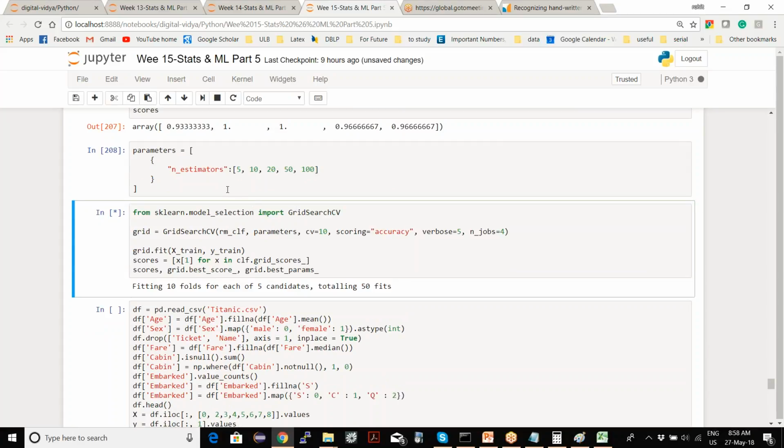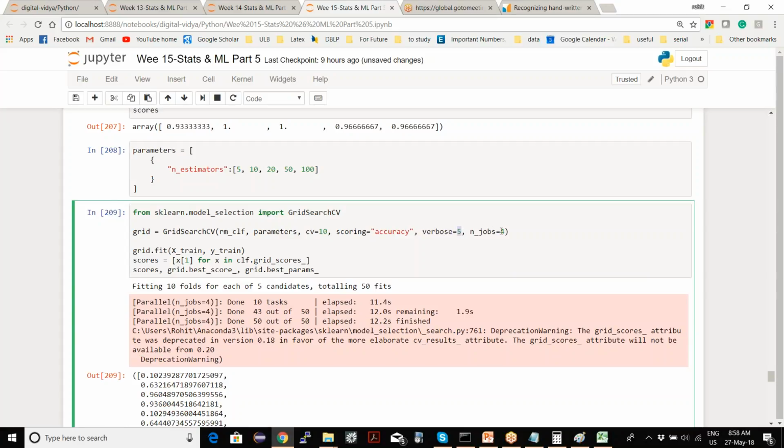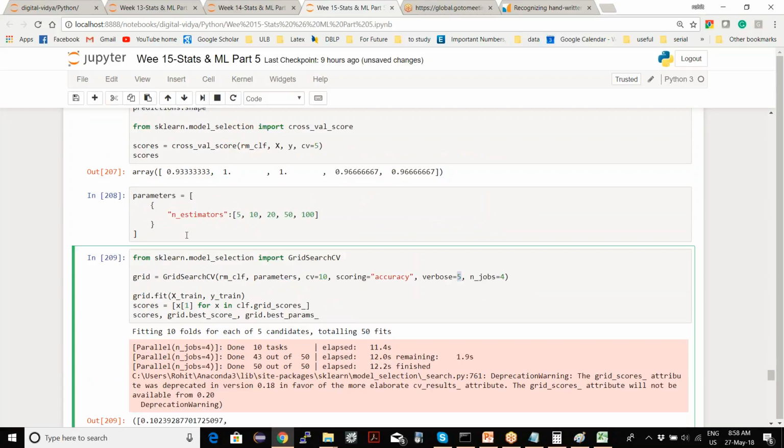We say, in this grid search use cross validation with CV of 10-fold cross validation. Use scoring as accuracy. Verbose means how much information you want it to print. So there are some extra parameters in grid search. Grid search first takes your algorithm, the learning model, and your list of parameters on which it has to run this model.